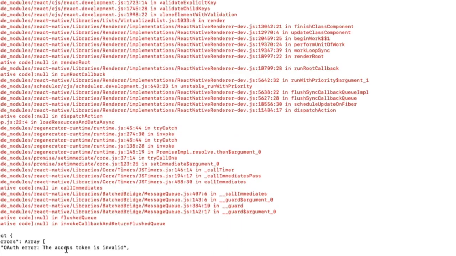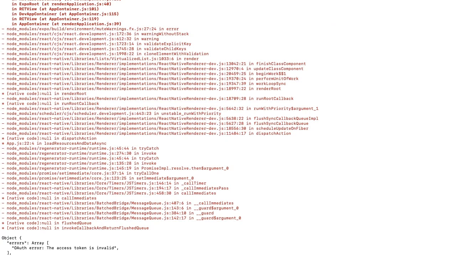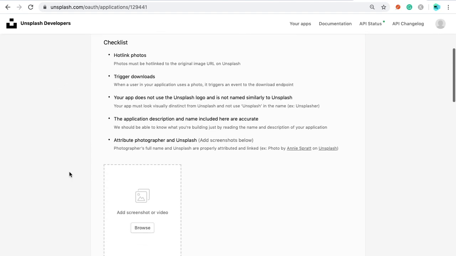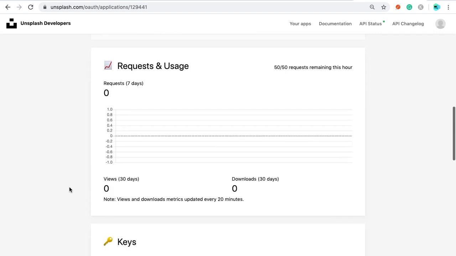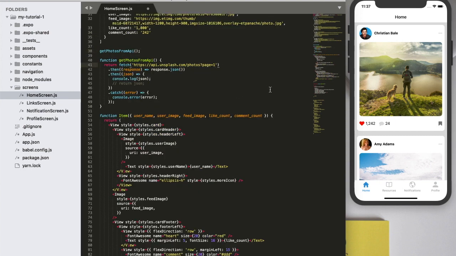And you can see it says auth error, access token is invalid. So they didn't recognize any authentication, so we need to specify an authentication token. From the application we have created, we need to go and take the access key from here. We need to copy from here. I have copied and pasted the access key over here,